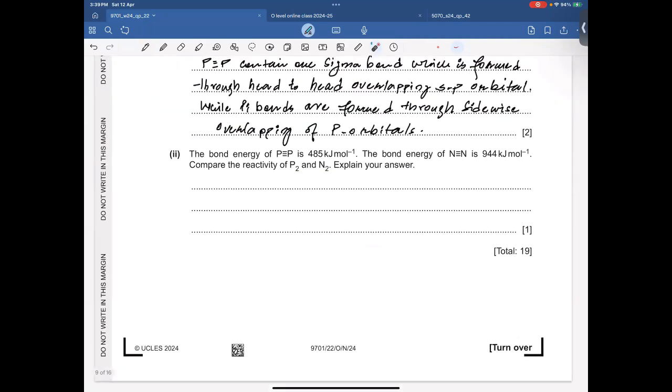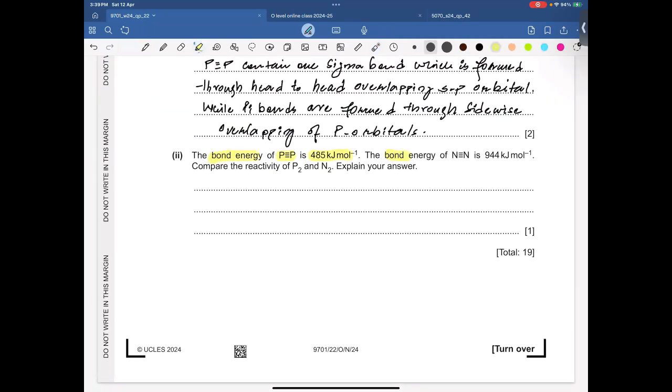The bond energy of P2 is 485 kilojoule per mole. The bond energy of the nitrogen molecule is this. Compare the reactivity of P2 and N2. Explain your answer. Obviously, nitrogen is unreactive and inert because it has high bond energy as compared to P2. So the examiner is looking for the reactivity, right? So I can say